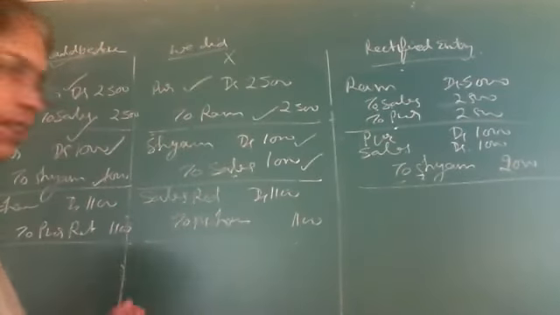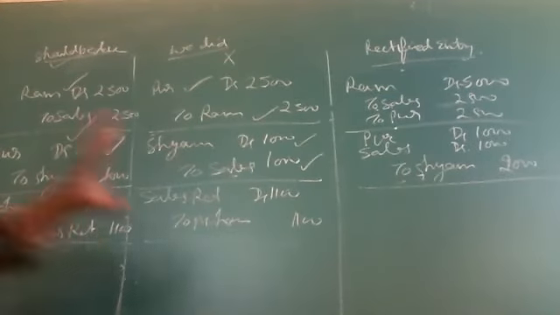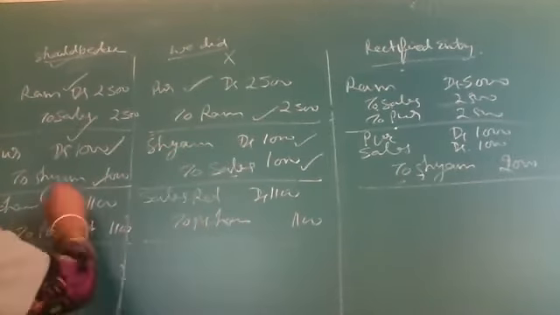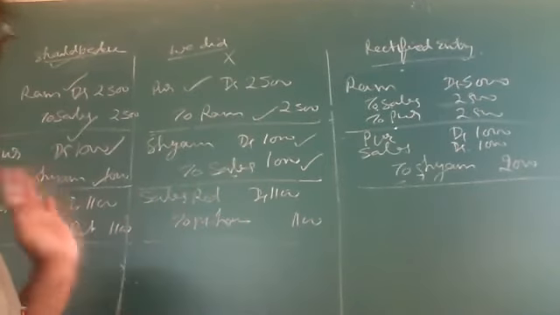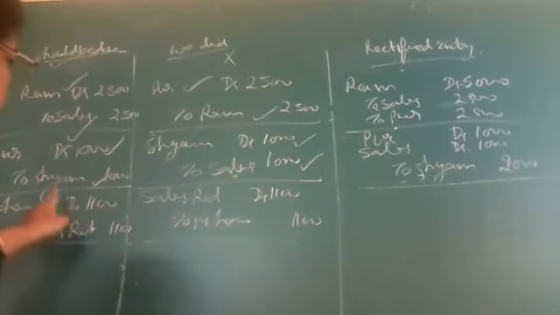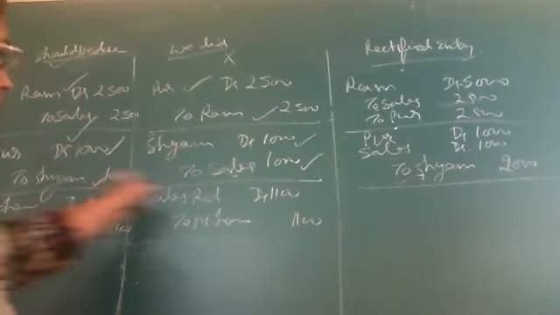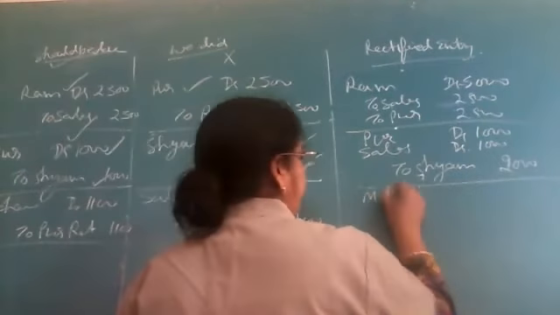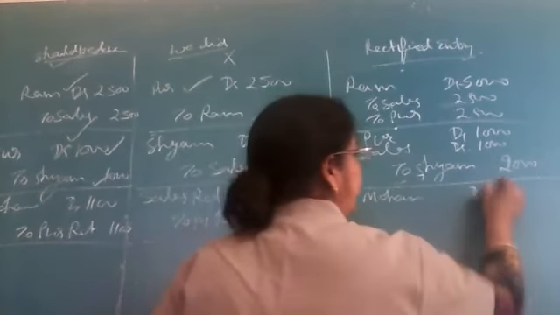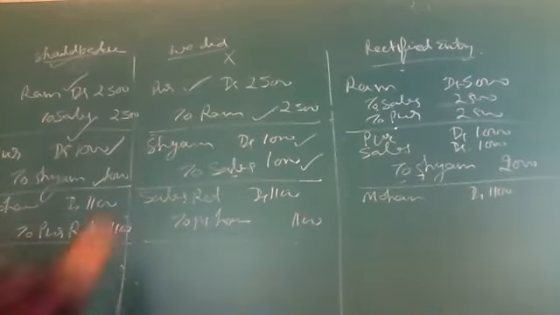Let's rectify this entry. How do we rectify it? As per the right entry. Now again we have 4 items. 1, 2, 3, 4. 4 items we have and one by one we will rectify them. Let's start from first. As per the right entry, Mohan should be in debit. Have we done? No? Now you do. Mohan debit 1100. Next one is, this part is done.